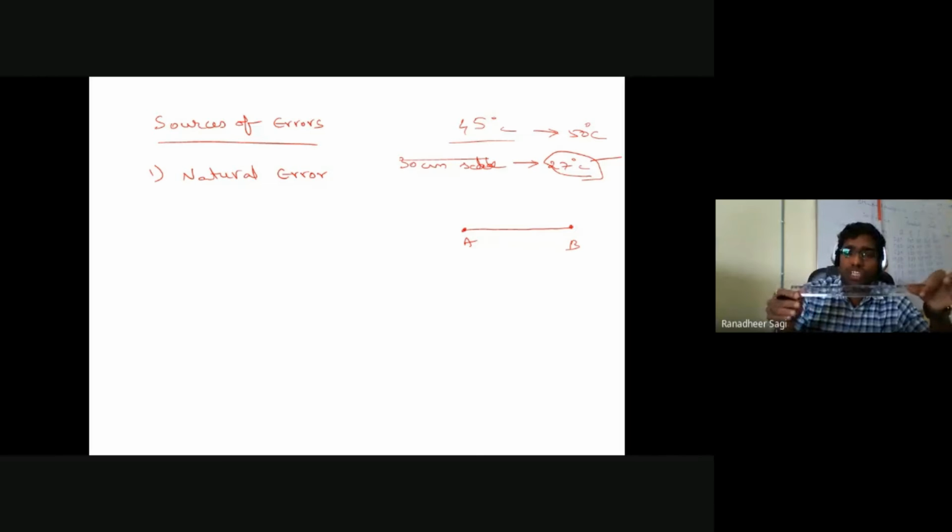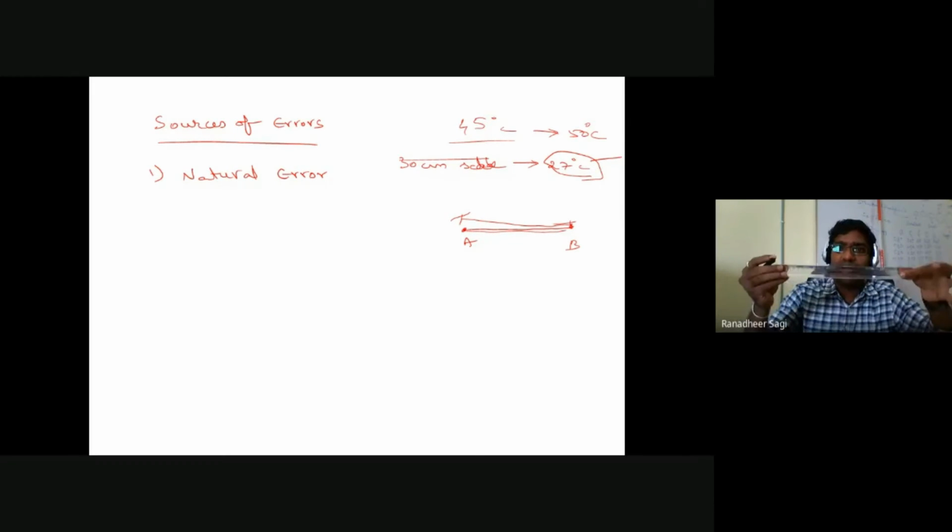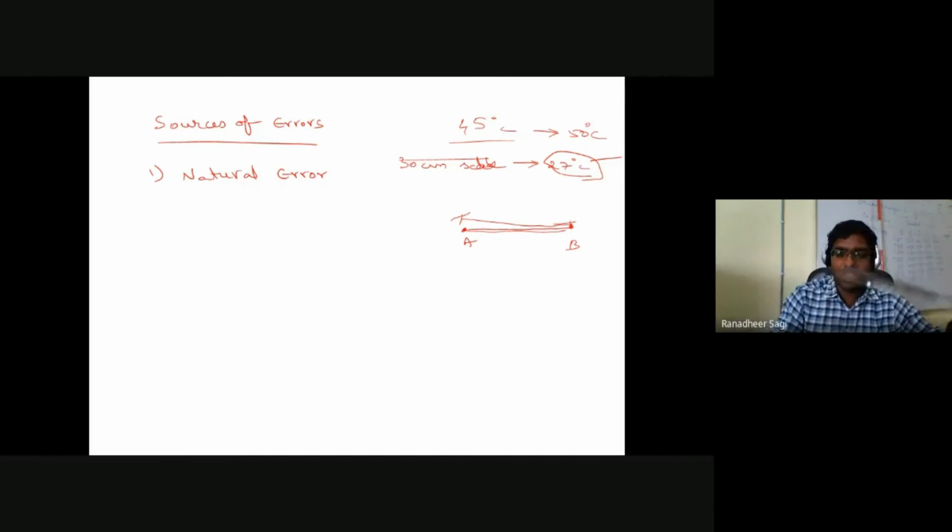Now, if the coefficient of thermal expansion for this material is high, then the length of the scale is no more going to be exactly 30 centimeters, rather it is going to be something higher than 30 centimeters. And if the length of the scale is higher than 30 centimeters, and that particular scale is used for measuring the distance between point A and point B, let's say that measured distance with the help of that scale, which was supposed to be 30 centimeters but is not,